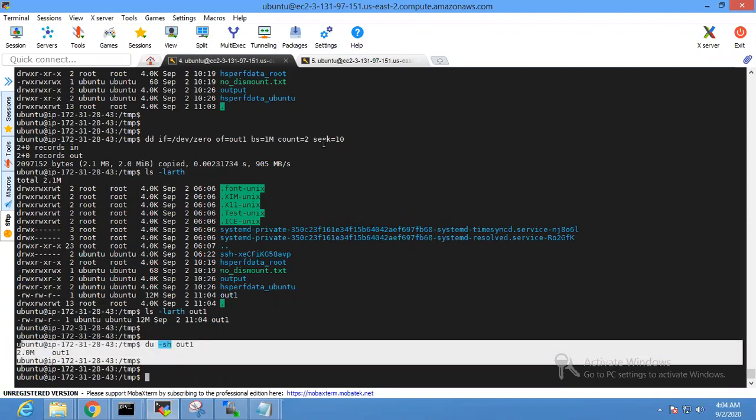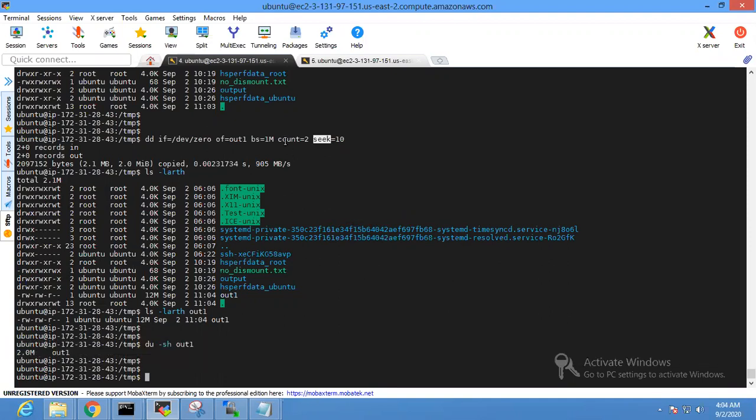Because what we have done is that we said you create this IO, but start writing after the 10th block. So what it does is that it fills up from the start, up to the 10th block, with null, not blank, I should say null, and that's how the sparse file has been created.